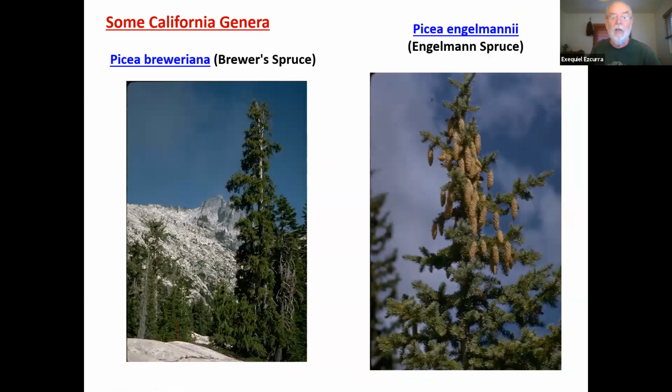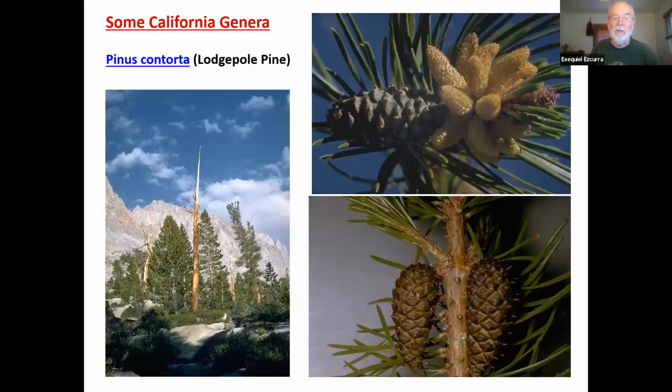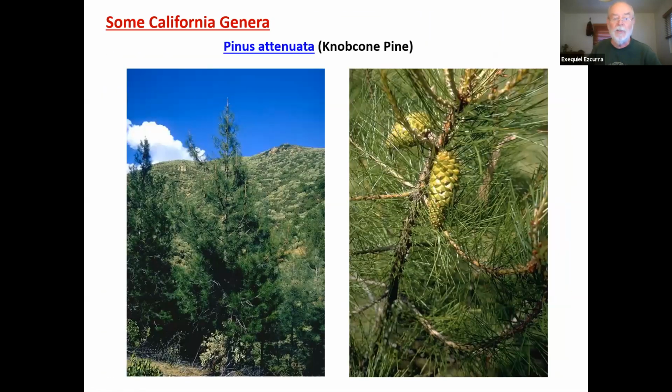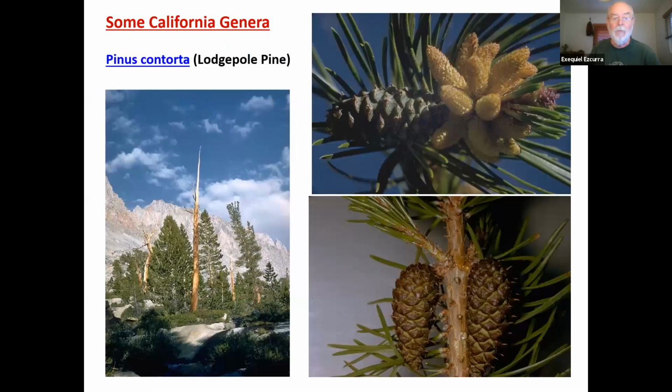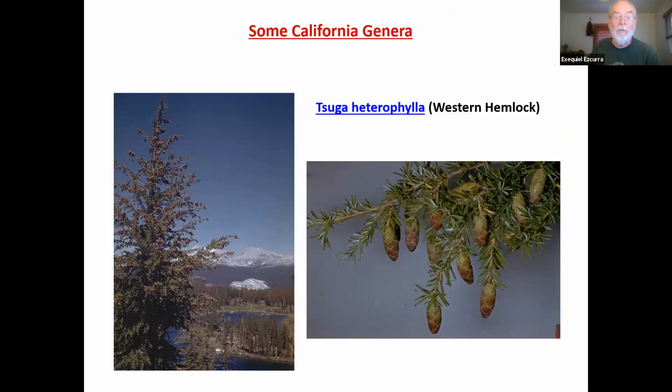The spruces also common in the Sierras in California, and a number of pines. We have dozens of pine species. California is one of the centers of diversity for pine species that still survive in our mountains, like Pinus attenuata, Pinus contorta, the lodgepole pine, Pinus ponderosa, the ponderosa pine, and also we have the western hemlock in this family,